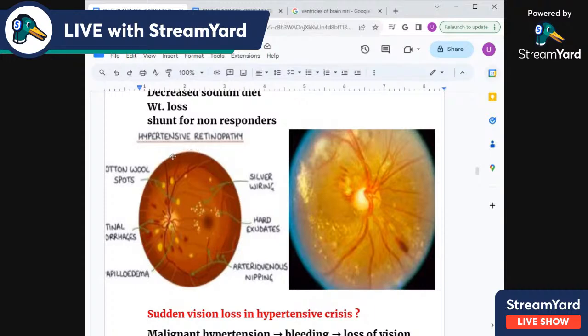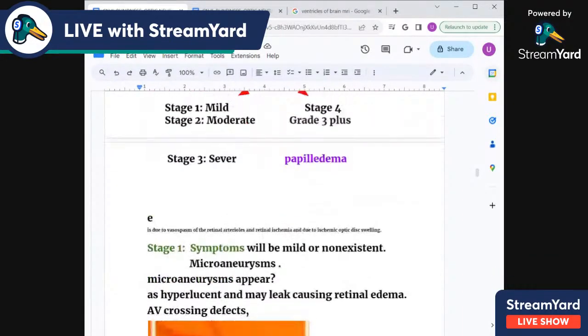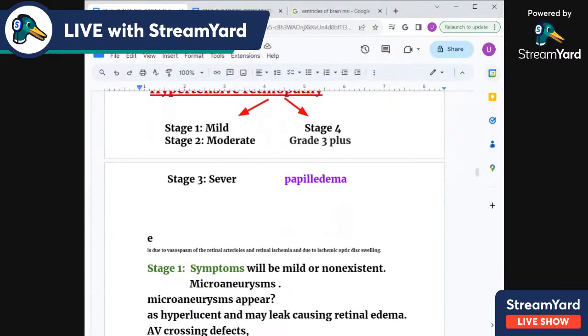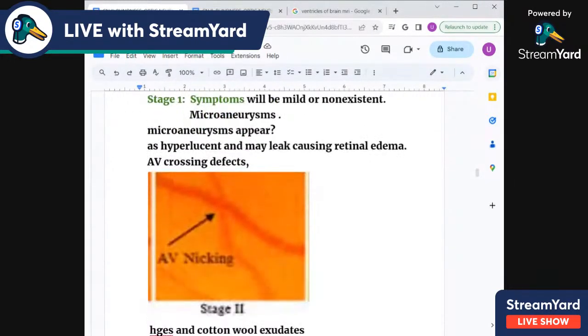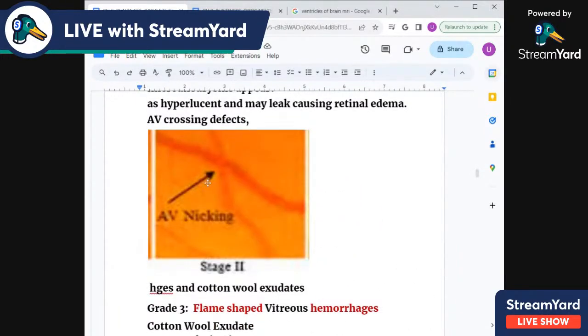And then we did the hypertensive retinopathy, then stages, mild, moderate, severe, and the stage 4 was grade 4, grade 3 plus papilledema in the hypertensive retinopathy, and in the severe hypertensive retinopathy we see microaneurysms, hemorrhages, cotton wool spots, and